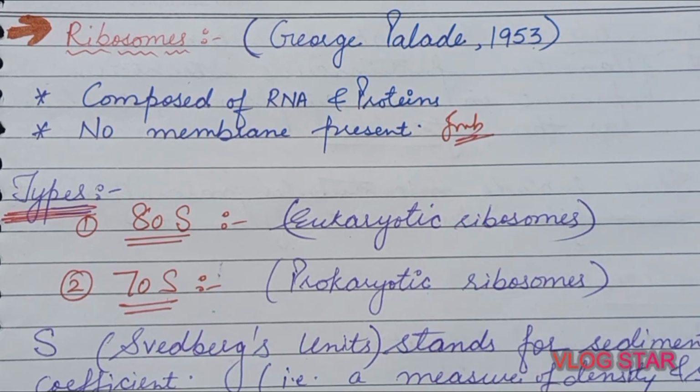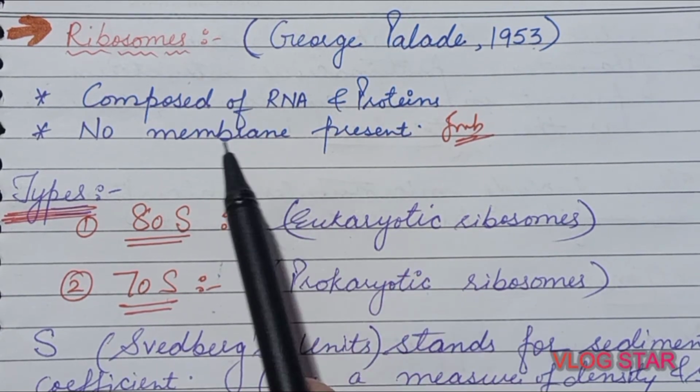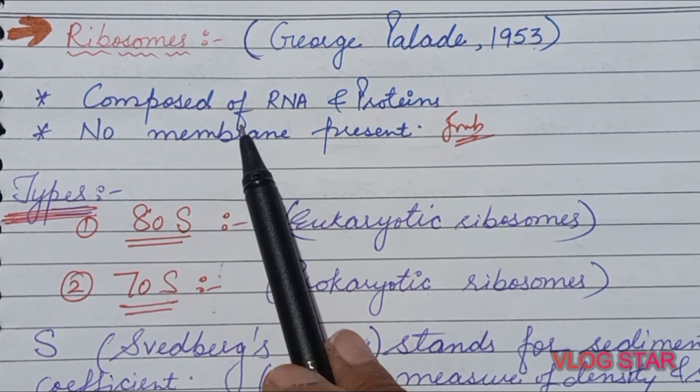George Palade observed these structures as granular structures present inside the cytoplasm, and they were first observed in a eukaryotic cell. Fine. And if we come to the composition of ribosome, then ribosomes are generally composed of RNA